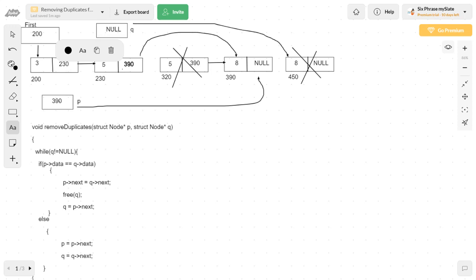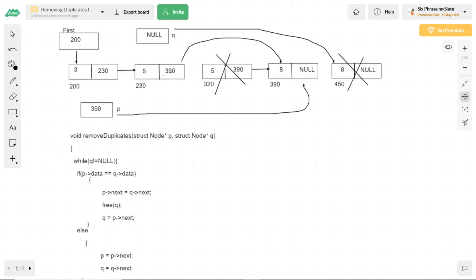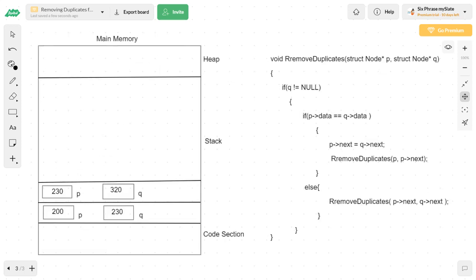What is the next line? Okay, so the next thing that we should do is the recursive call of remove duplicates.